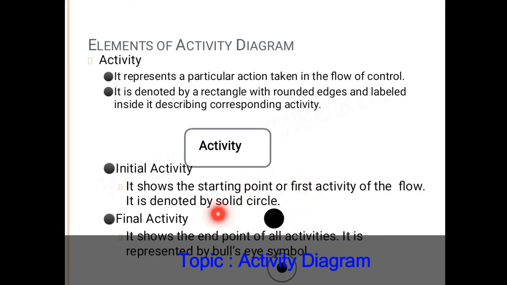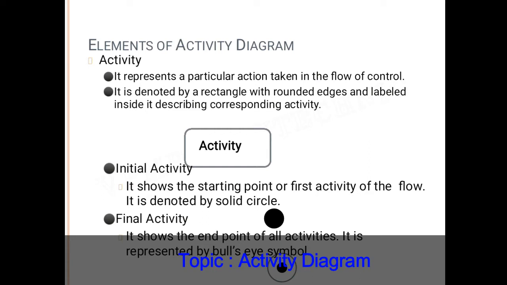Then this is the initial symbol, denoting the first activity of the system, or we can also say the initial activity of the system. Then this type of symbol is used for the final activity, which means the end point of the system.